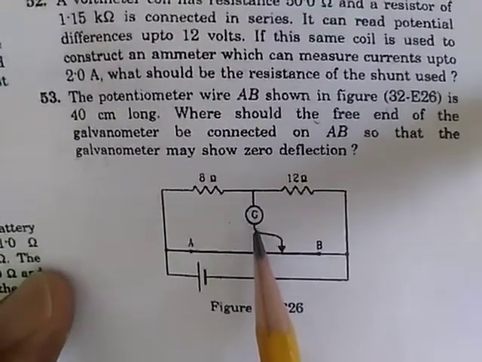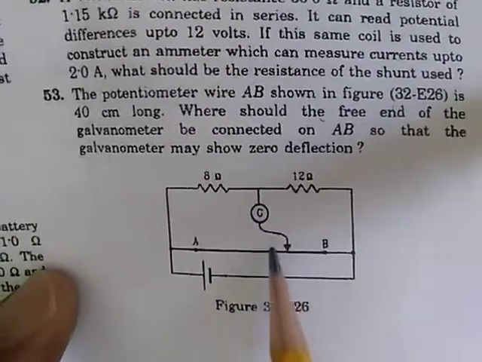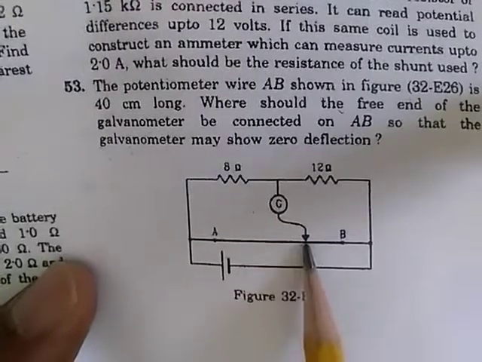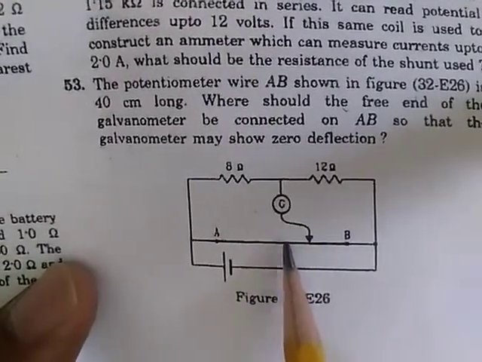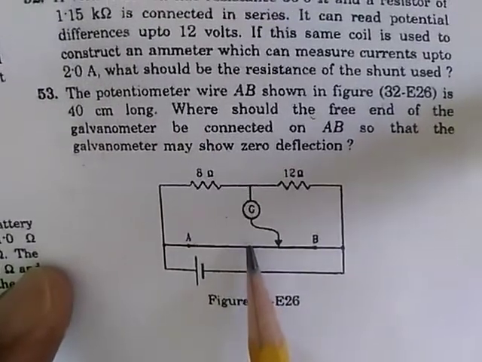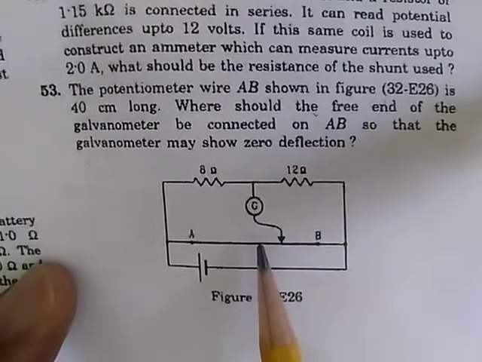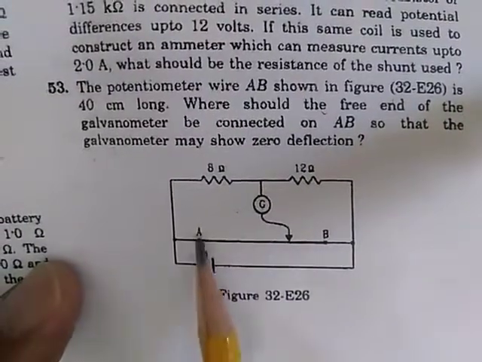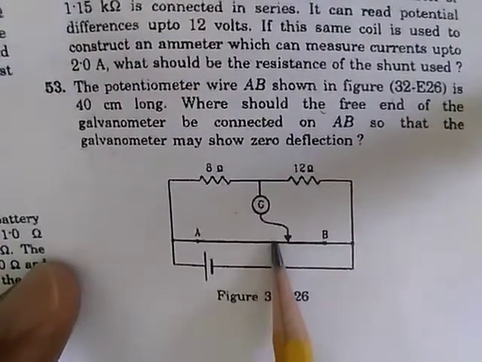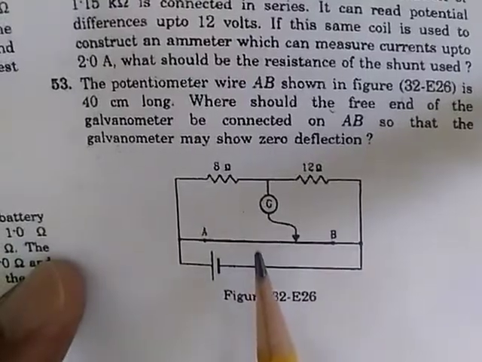And we take the wire of this galvanometer and move it on this wire, and at one point the galvanometer reading becomes 0. We need to find out what is the length of A and the point where the galvanometer reading becomes 0. So